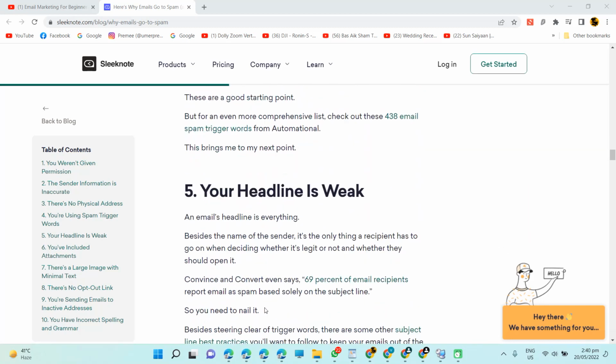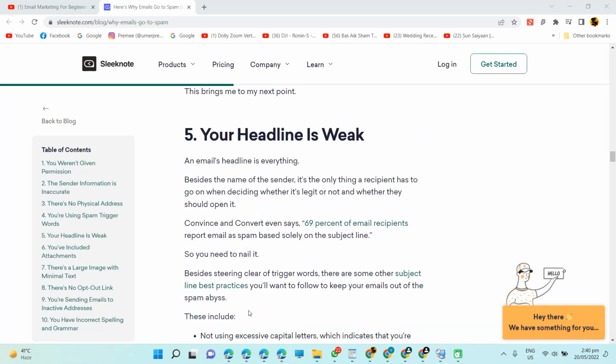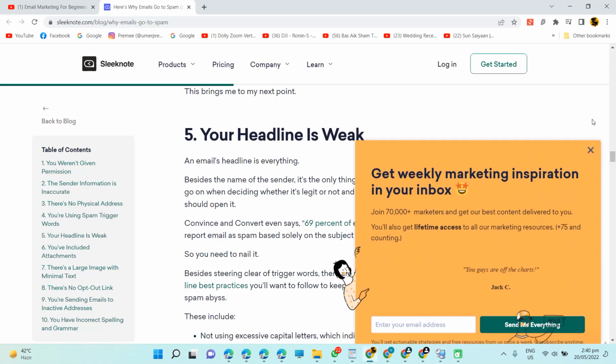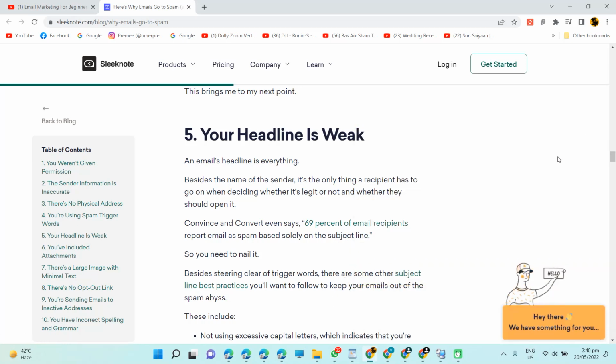Number 5, your headline is weak. An email headline is everything, besides the name of the sender, that determines whether they should open it. Convince and Convert even says 69% of email recipients report email as spam based solely on the subject line. So you need to nail it. Besides steering clear of trigger words,